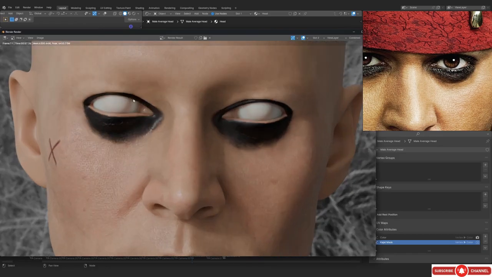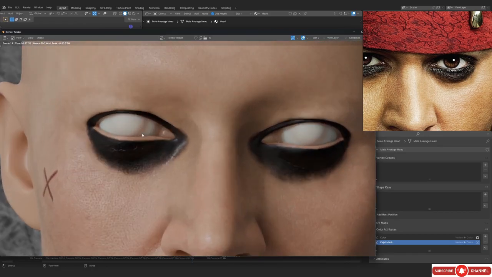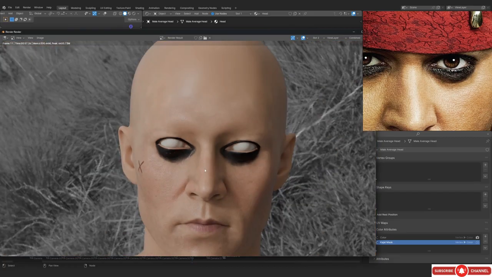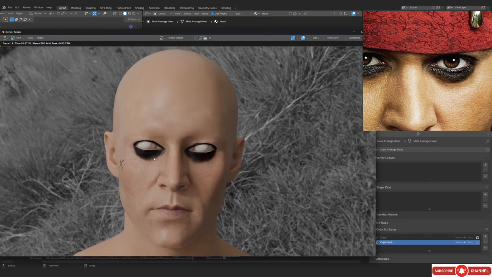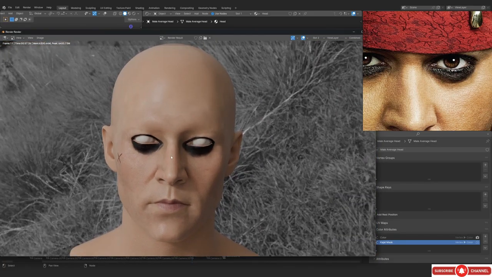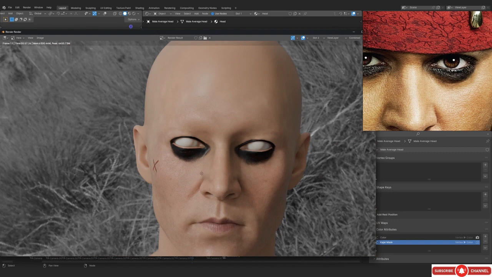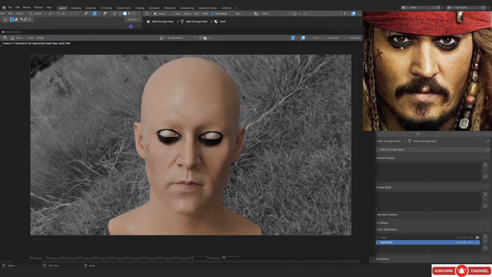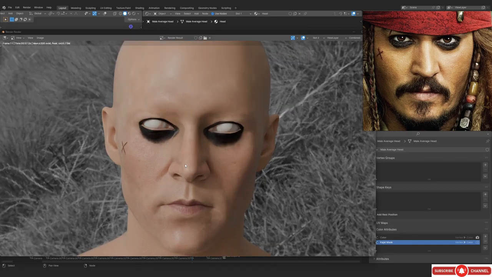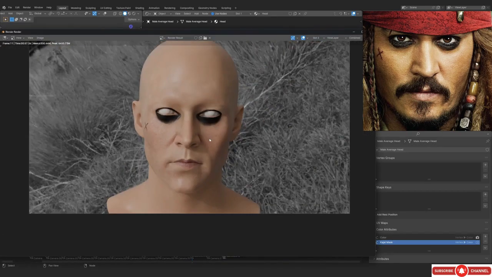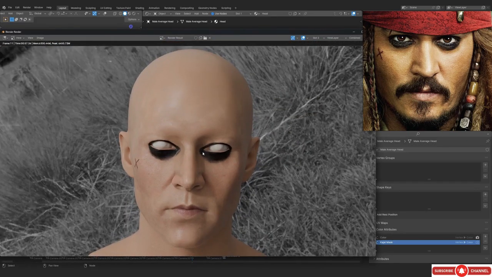But in this case you can see what I am actually talking about, and these are all the changes that we are going to be doing. So I've actually just talked about the method, right? I think in the next video I'll show it to you. I don't really remember, but if I don't show it to you, just know that I've told you how to do it. So just create a mask based on your details, and you can paint that pretty easily. And I'll just see you in the next video.